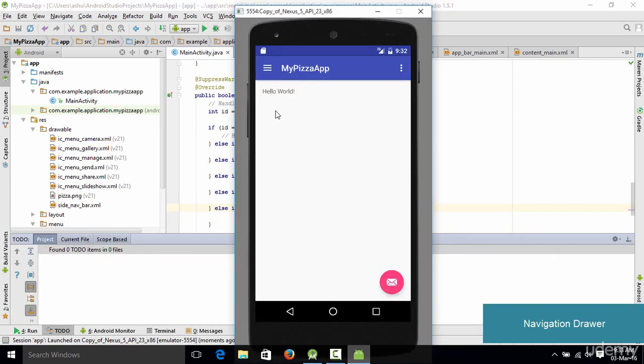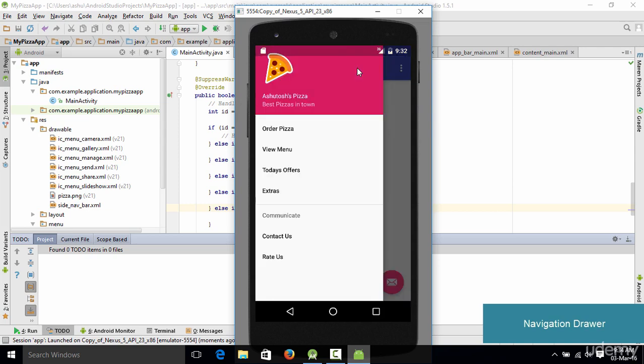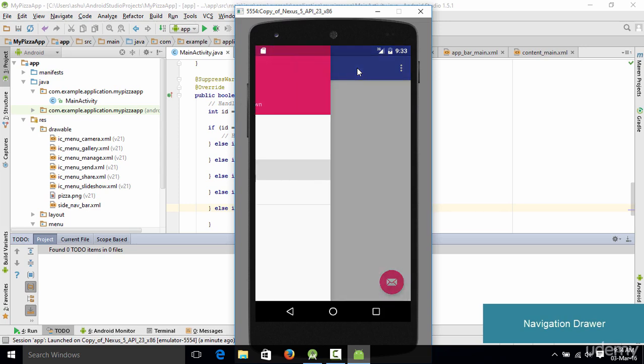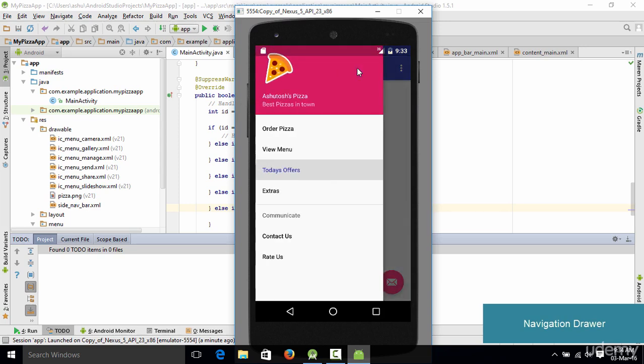So as you could see, our application is up and running on the emulator, and this is the basic window which we are going to get at the beginning. And this thing right here is what is going to open up your navigation drawer. So if we simply click it, as you could see, this is what our navigation drawer looks like. So when we select any of the options, what happens is that nothing opens up. We simply get this activity right here, and that is because we have not yet written the code for what actually happens when we select one of the options.